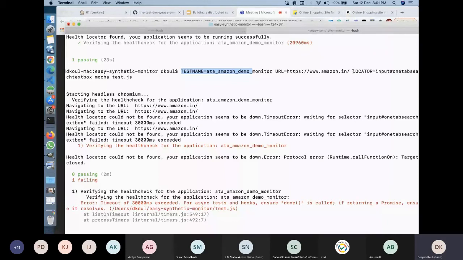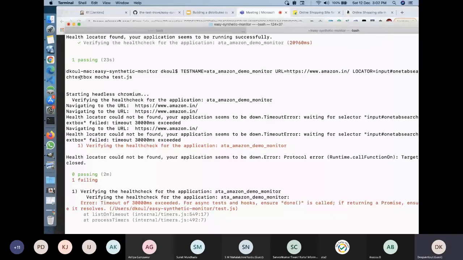So for an API test, you just write test name, URL, which would be your resource URI, let's say animalshelter.com/API or /rest/animal/dog/1, anything. But it is just a get call. To be very honest with you, it's not a post or any other HTTP method. It's just a get call. If your server serves that get call with the 200, well and good. If it doesn't, then it will tell you that that URI is down.